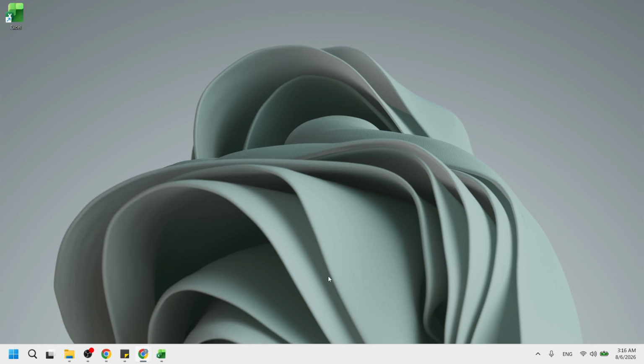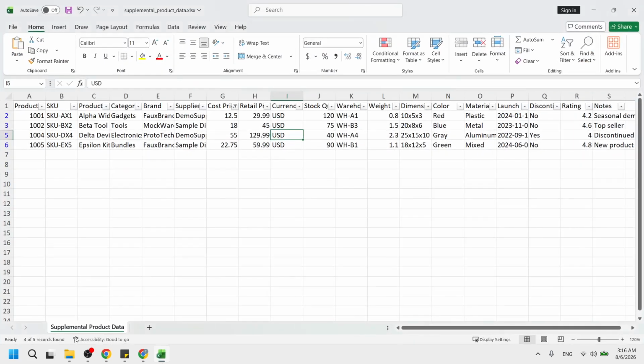First, launch Excel on your device. When Excel opens, you will usually see a start screen with recent files in the center and some template options. If Excel takes you straight into a blank workbook, that is fine as well. You just need the program running. Give it a moment to fully load so all the ribbon tabs appear along the top.